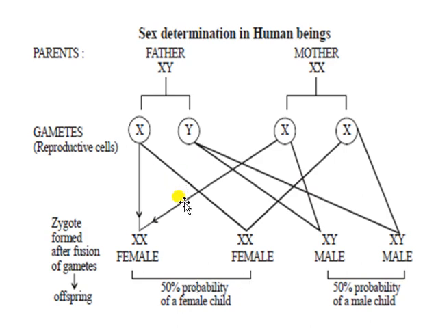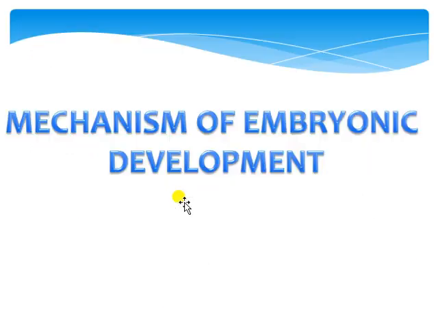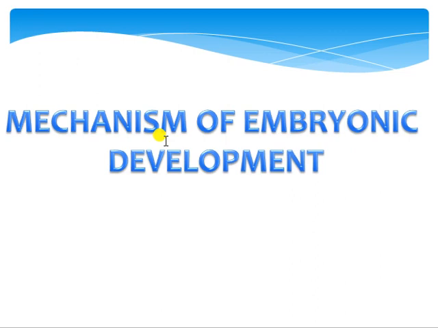Okay, just going to the next point, and the next point is the last point of this chapter, that is the mechanism of embryonic development. That means when the zygote is formed after the amphimixis or after fertilization, obviously that specific zygote will further enter the embryonic developmental procedure. So we will be seeing the embryonic developmental procedure step by step.